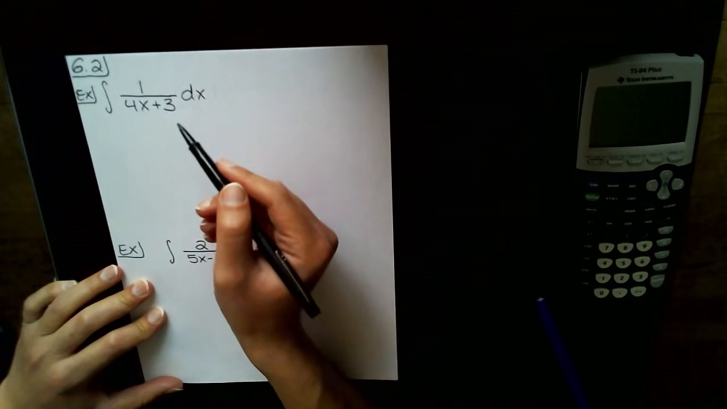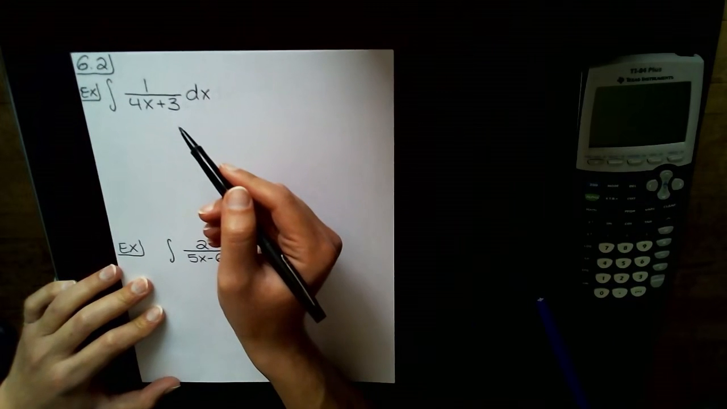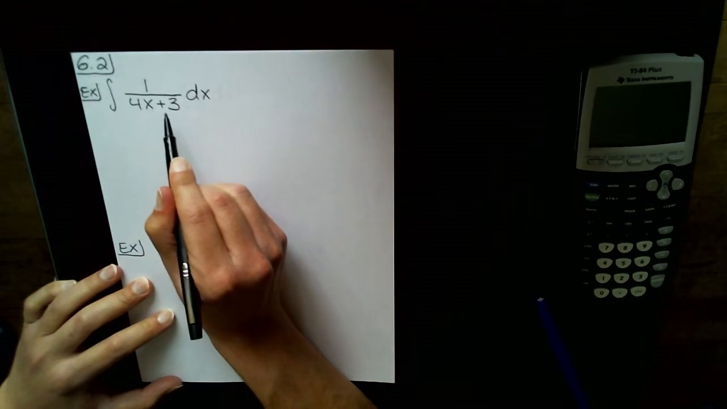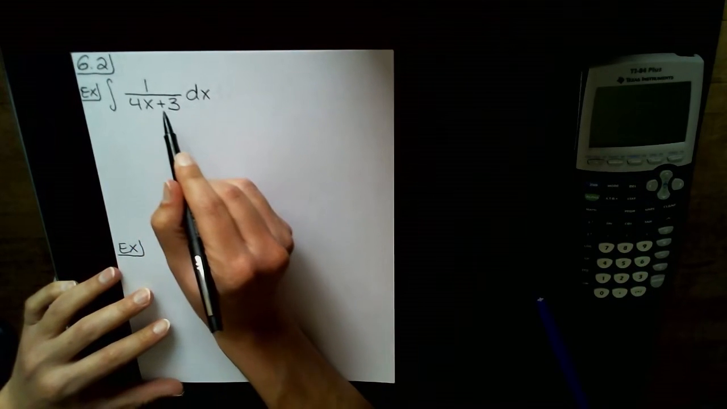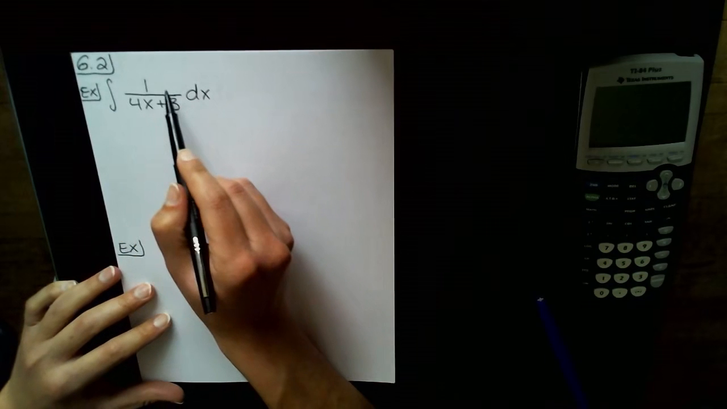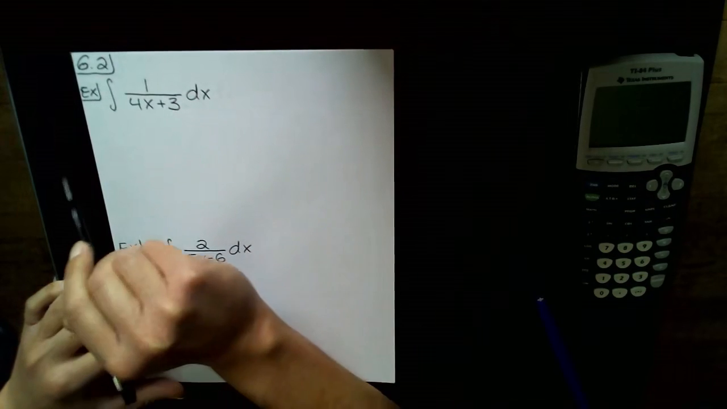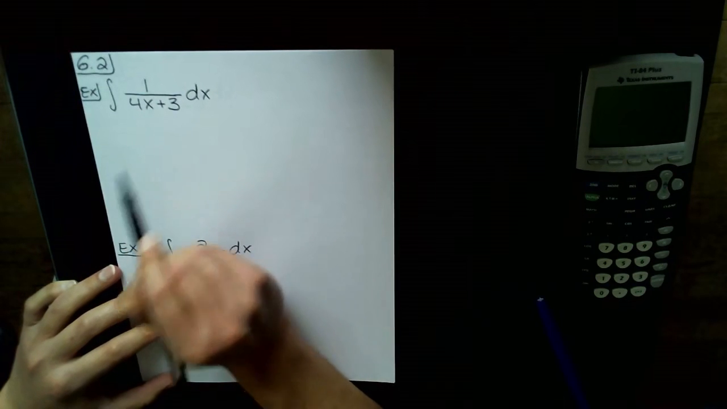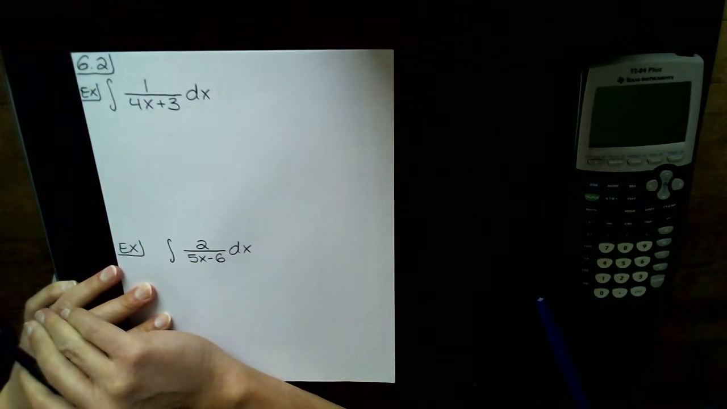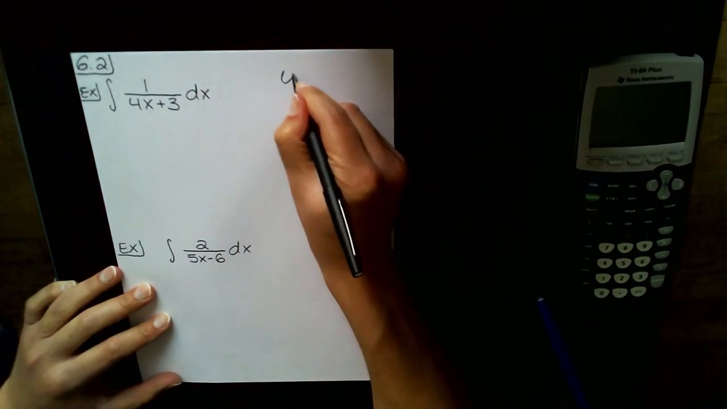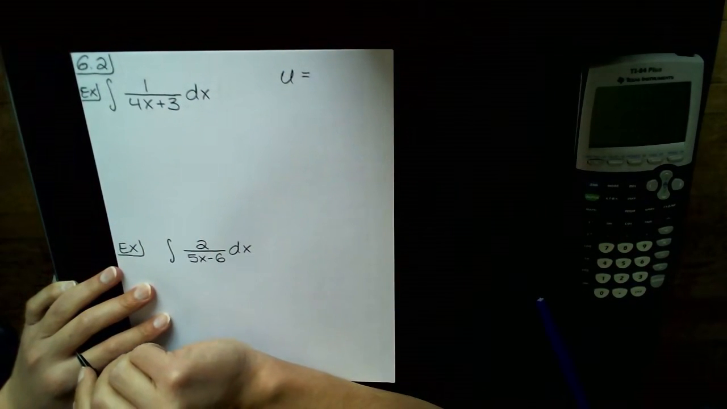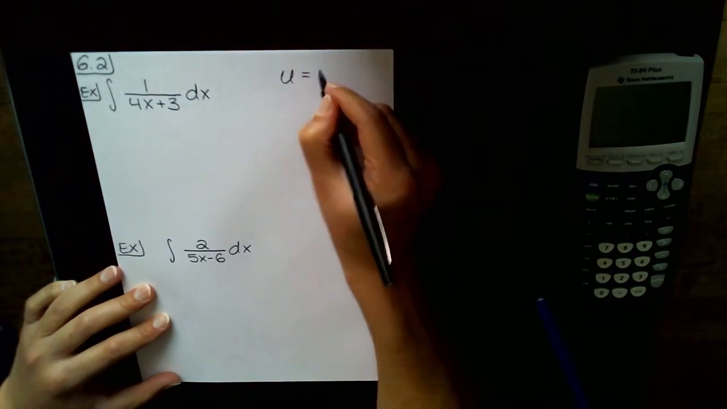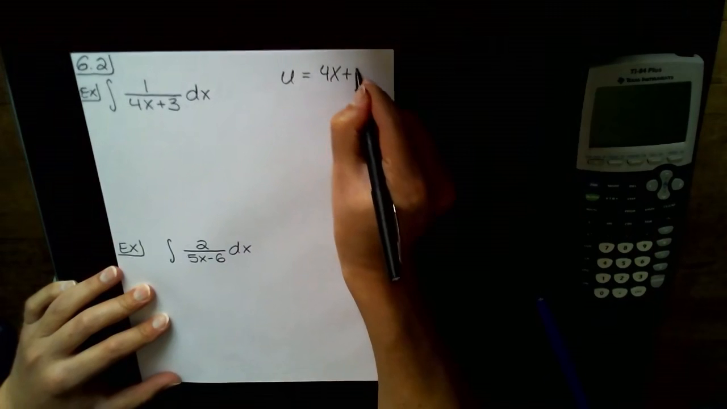So remember, whenever you're dealing with a fraction, typically the denominator is going to be the most complicated thing. So whenever you're doing one of these u substitutions or an integral that you think might involve a u substitution, generally look to the bottom or the denominator to see if your u can be found from there. So we're going to let u equal the entire denominator, which is 4x plus 3,